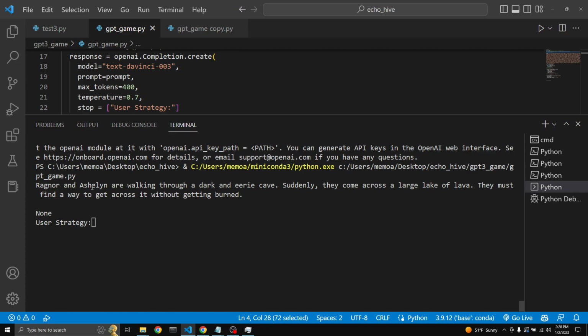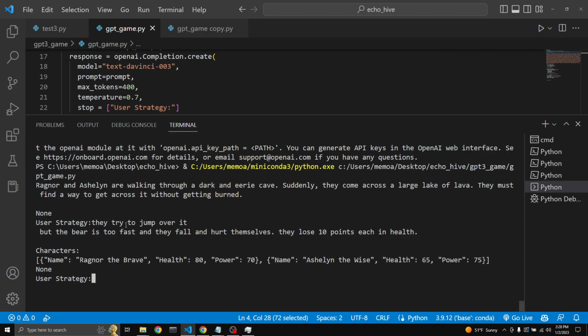So it says Ragnar and Ashlyn are walking through a dark and eerie cave. Suddenly they come across a large lake of lava. They must find a way to get across it without getting burned. They try to jump over it. It says, but the bear is too fast. They try to jump over. Oh,